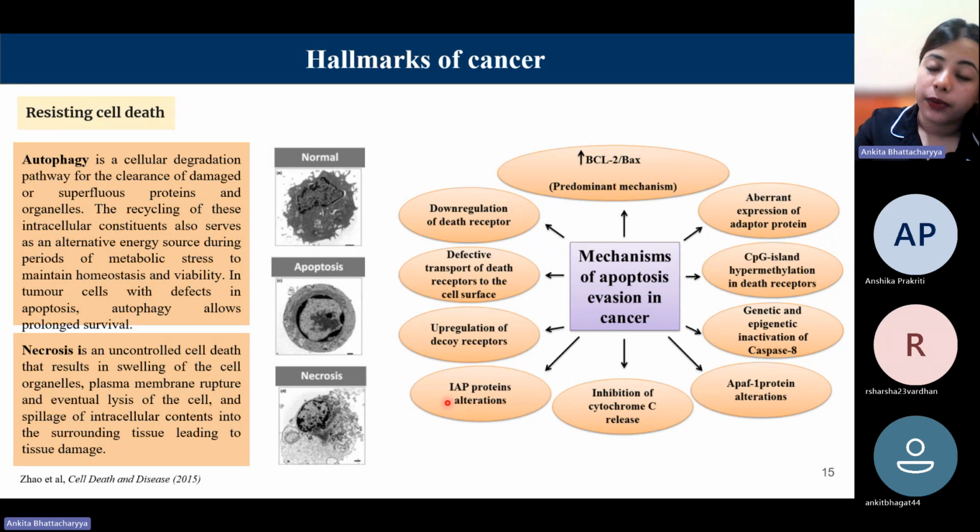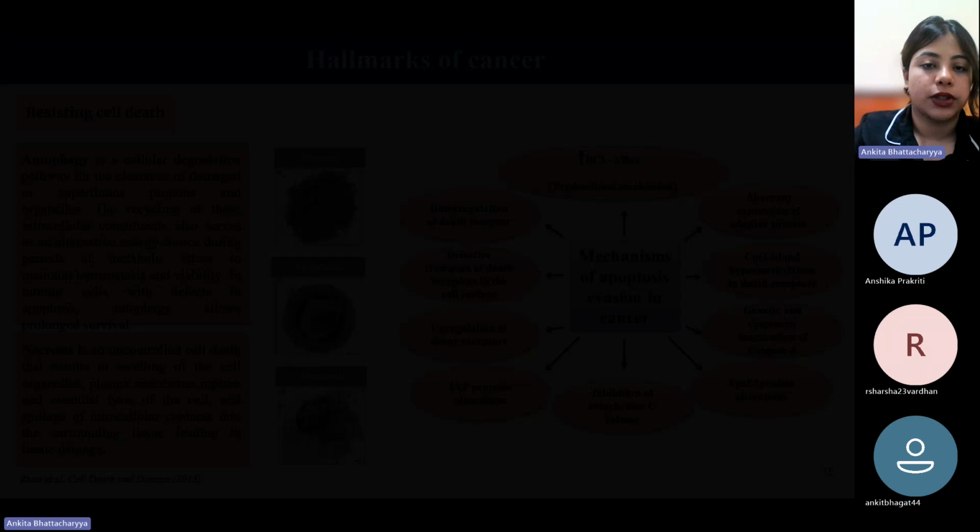The third hallmark we discussed was about resisting cell death, which included the different types of cell death, starting off with autophagy, necrosis, and the key mechanisms by which apoptosis occurs. Evasion of apoptosis is a major strategy by which cancer cells ensure that A, they keep on dividing, and B, they do not die by mechanisms by which a normal cell is supposed to die. So these were the first three